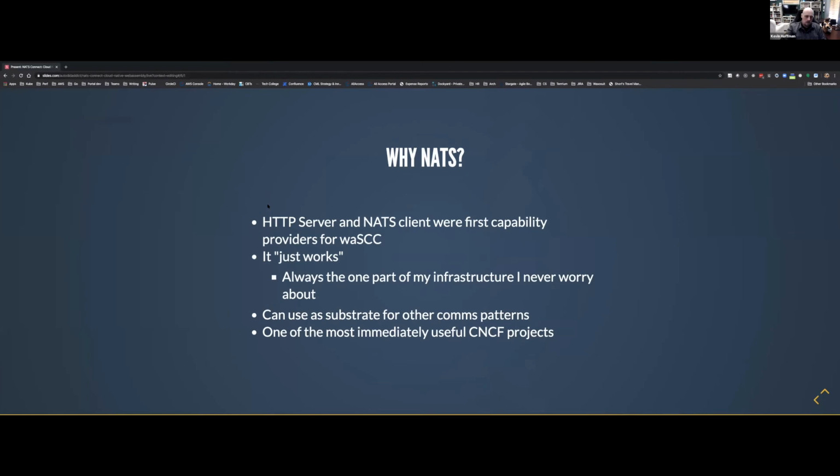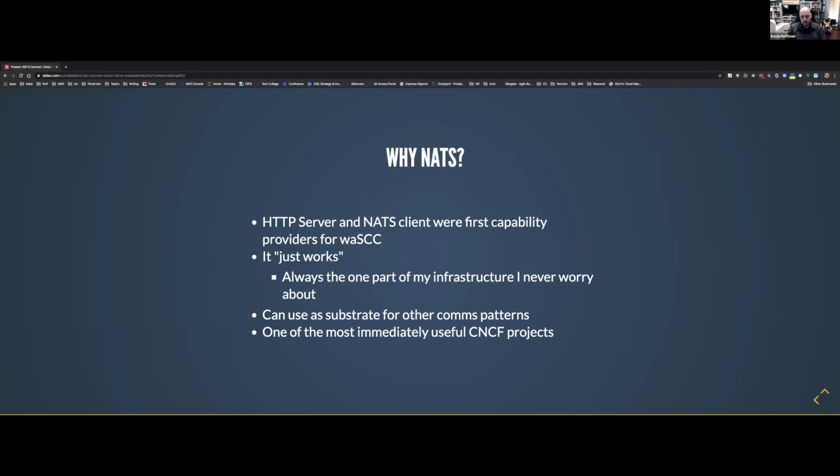So why is this related to NATS? I think earlier when NATS was compared to plumbing, I think that's pretty accurate. I think it was at KubeCon, there was a phrase people started using where they wanted boring infrastructure. They wanted infrastructure that wasn't exciting and stuff that they could just forget about. I want infrastructure that is a light switch. If I switch it on, I want the lights to turn on